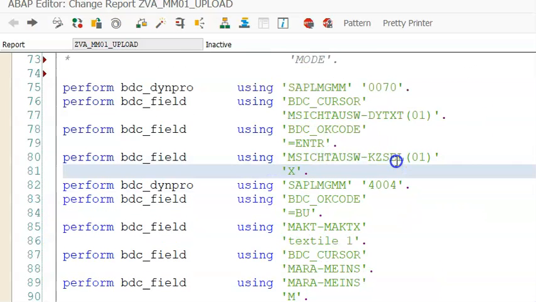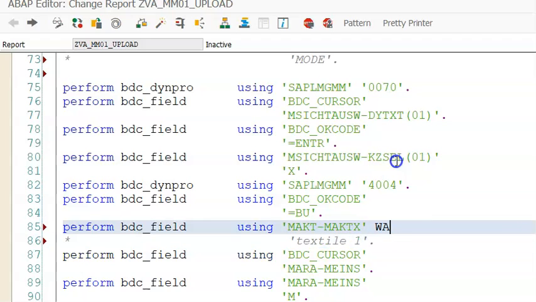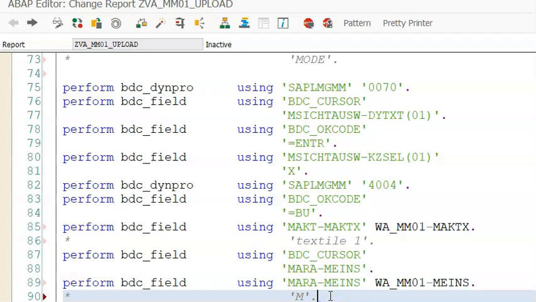to write this. In the second screen we have uploaded this textile one. This is the one. We comment this, and we'll go for WA_MM01-MAKTX. So then we have to go for MEINS. So these are the values that we have here, and then we'll go ahead with